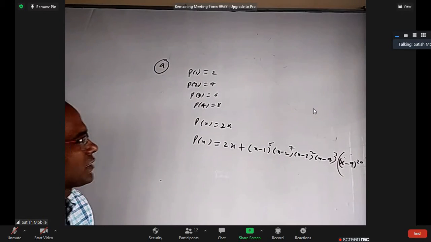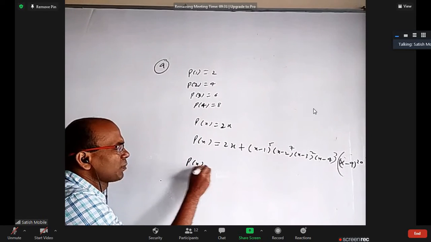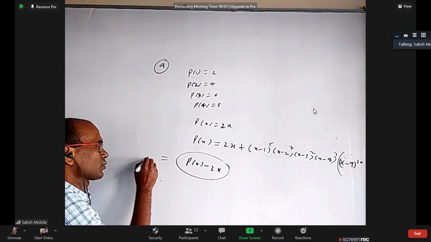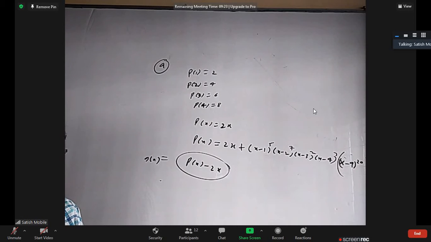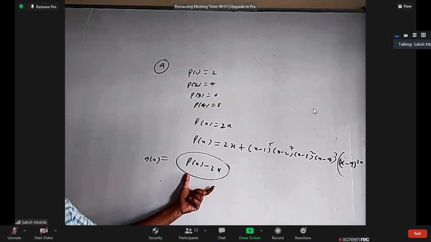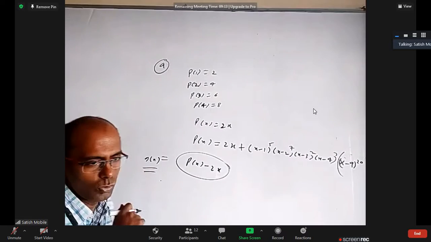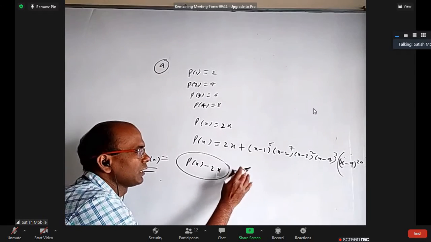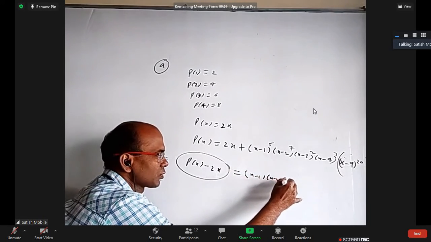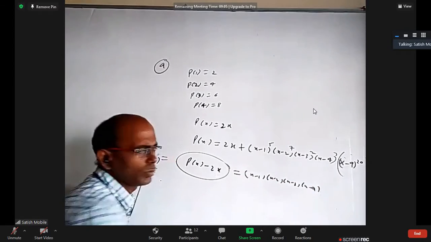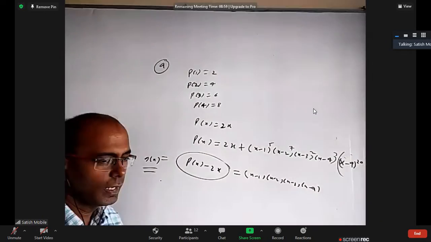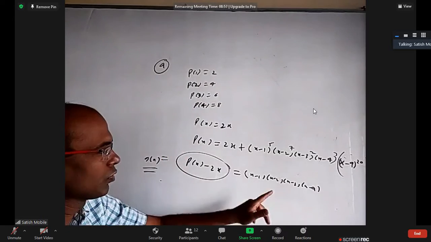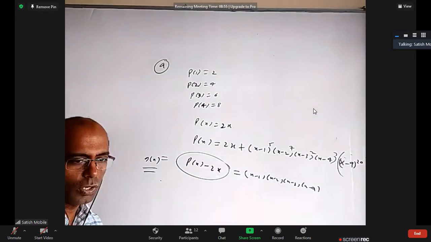So how to express this: you take P of x minus 2x as some g of x. At 1, will this value be 0? Yes, sir. At 2, this value is 0. At 3, this value is 0. At 4, this value is 0. Means for g of x, there are minimum 4 roots. That means g of x has to be minimum (x minus 1) into (x minus 2) into (x minus 3) into (x minus 4), into, you can take 7 into something else, but these are minimum factors. So either linear polynomial will be there, or next again you have to go for 4th degree polynomial only. Cubic polynomial not possible.